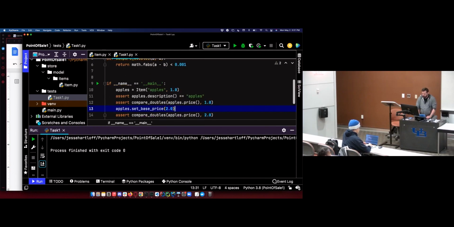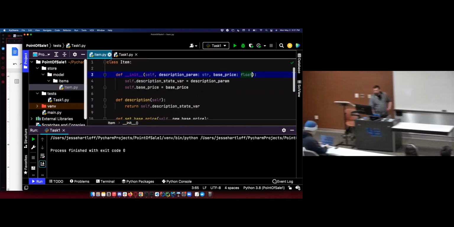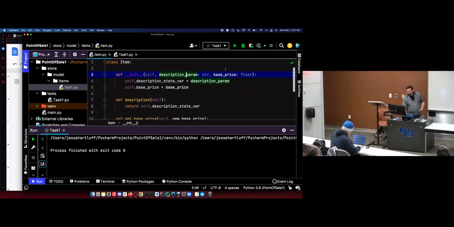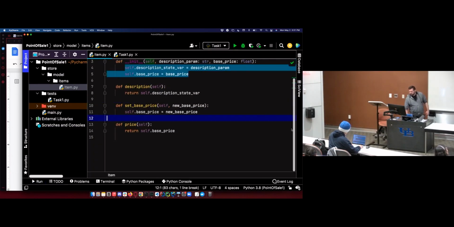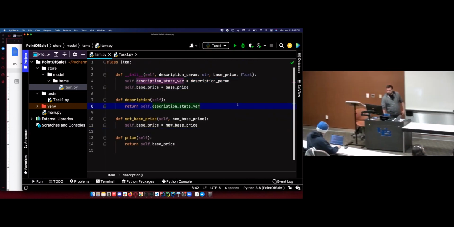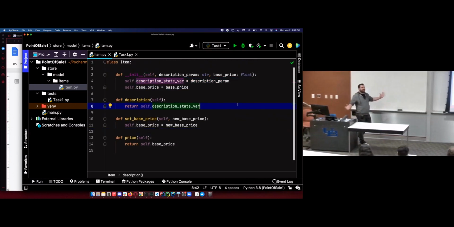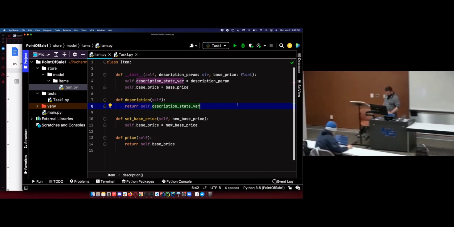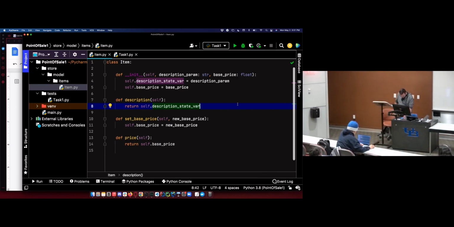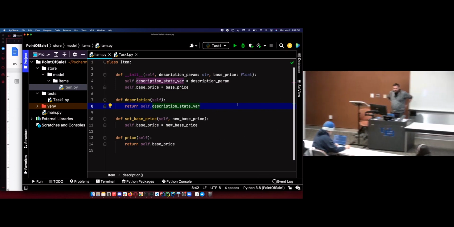So we've created an instance of our class, an object of this type item, by calling the constructor, giving it the parameters we want, setting those state variables to those values we want, and then creating a few methods that use those state variables. So that's our first class in Python. Oh, it actually took 20 minutes. I thought we'd get farther in 20 minutes. So that's our first class.